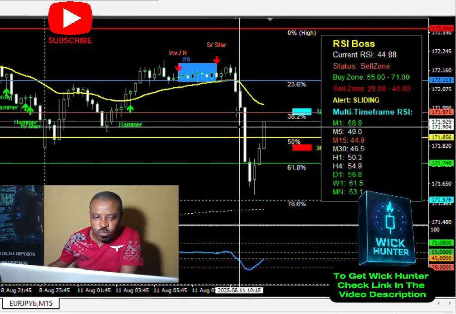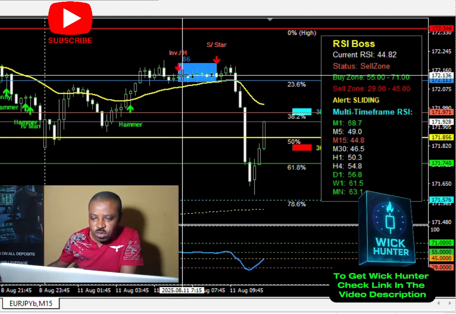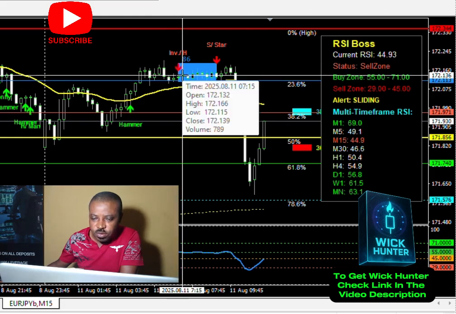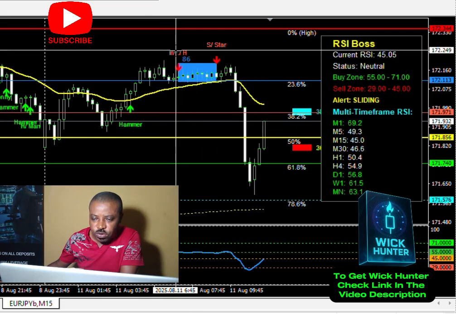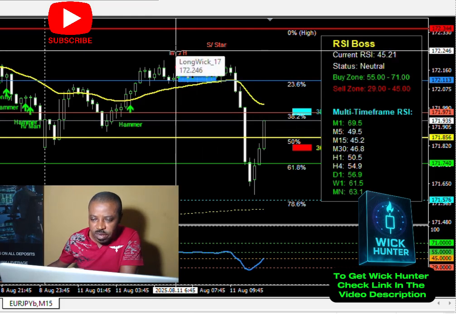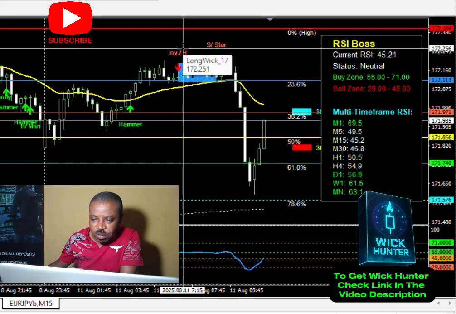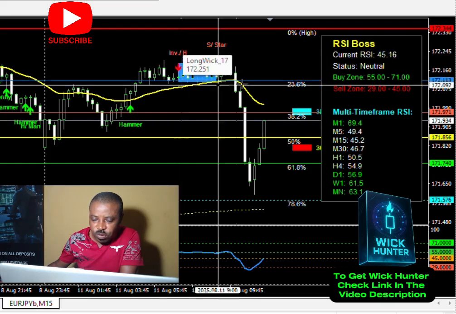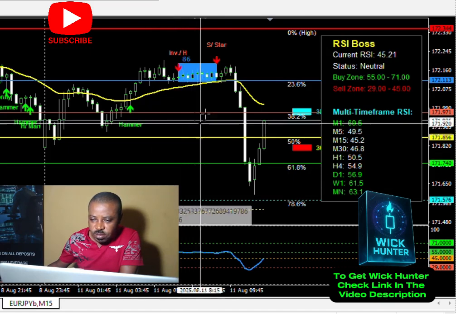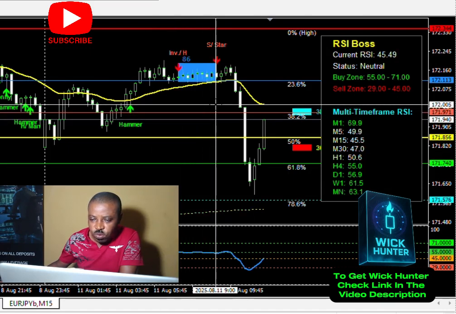So your entry at the next candle, your stop loss above the label. So where you have your inverted hammer label, that's where you have your stop loss. Then on the second window,